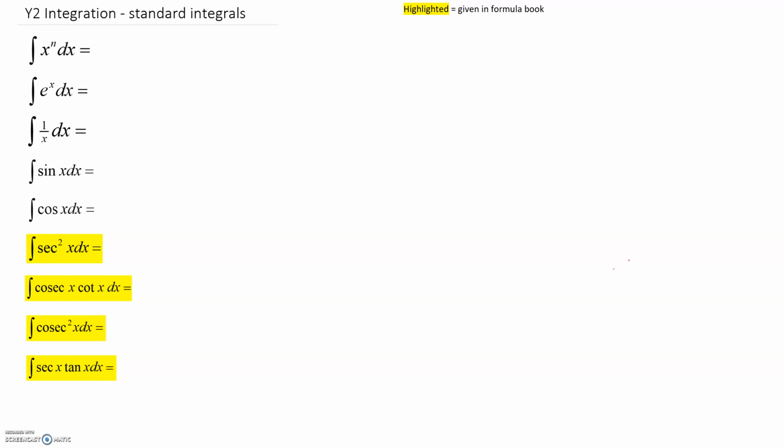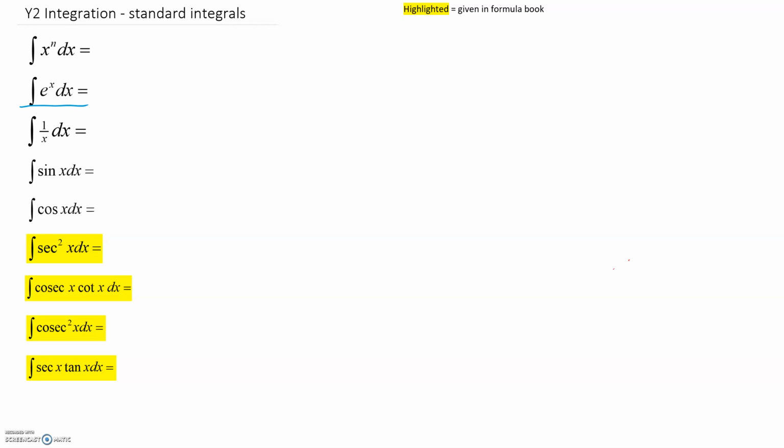This is the first video on Year 2 integration, and it's just looking at some of the standard integrals you need to know. The good thing about integration is if you're ever not sure what the integral of something is, you can kind of work out what would differentiate to give me that. Okay, so for example, if we take the second one here, the integral of e to the x,